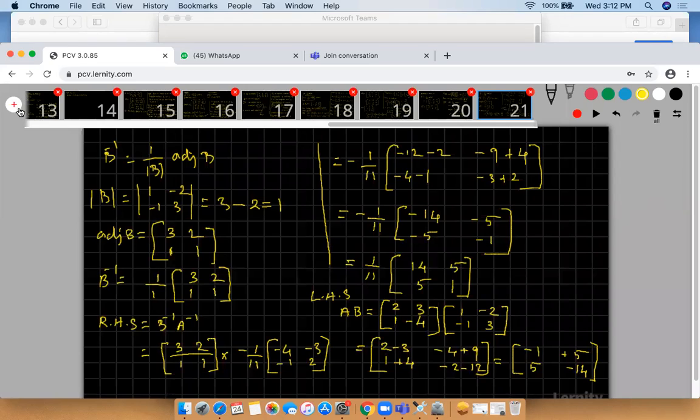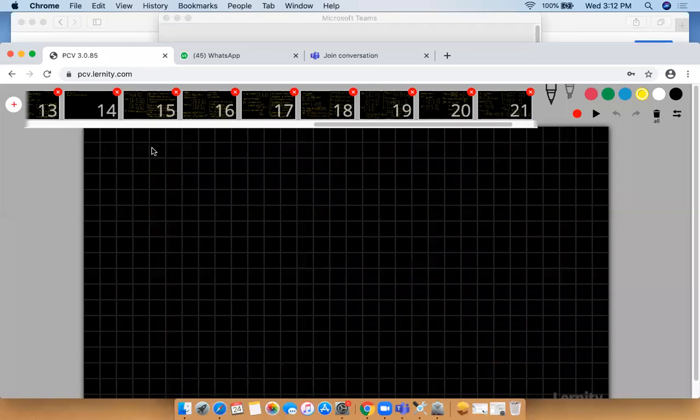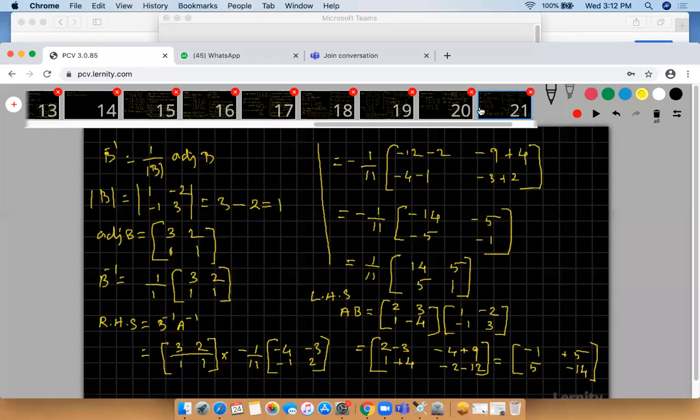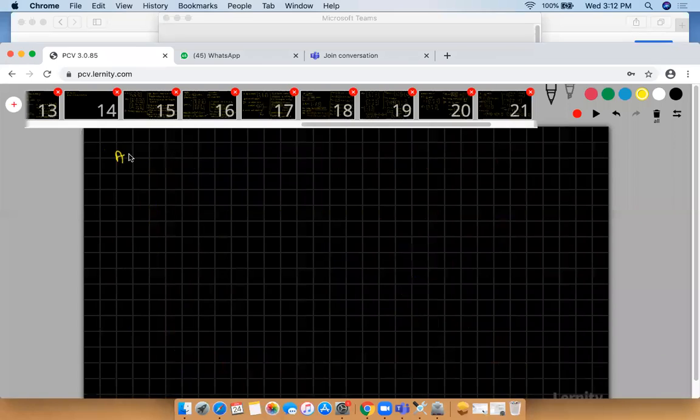Next one. Here we have AB. Now I'm going to find out my AB inverse. What is the AB inverse? AB, the whole inverse, is equal to 1 by determinant of AB, adjoint of AB. What is determinant of AB? My determinant of AB is equal to,